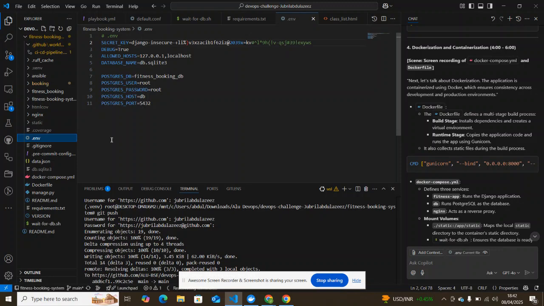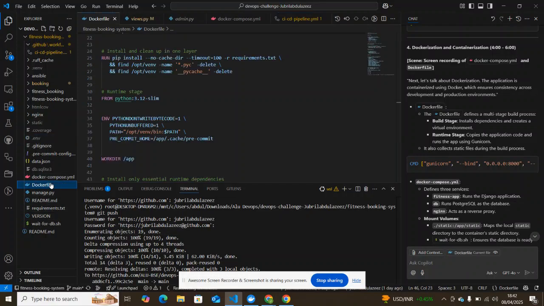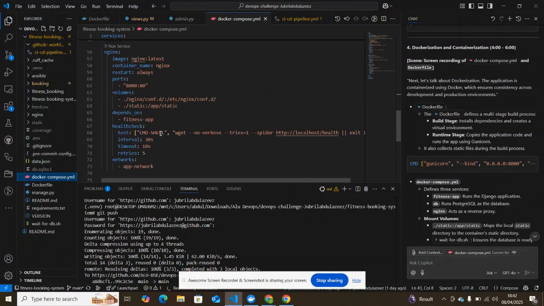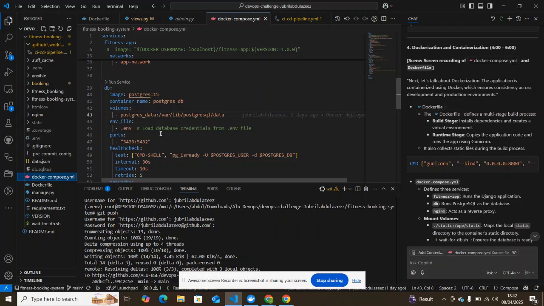So we have the Dockerfile here, which defines the Docker image for the application, and the docker-compose.yml orchestrates the services, including the Django app, PostgreSQL database, and as you can see,